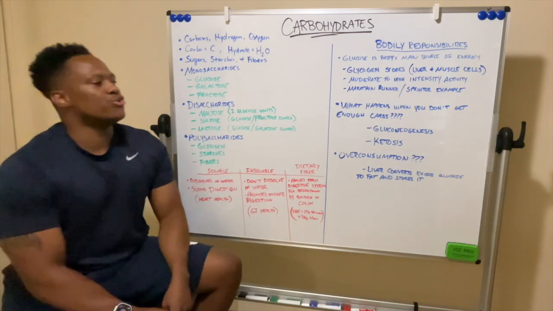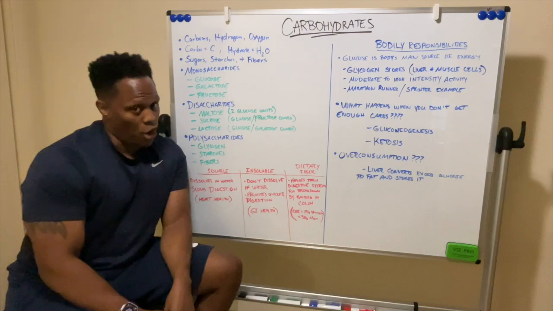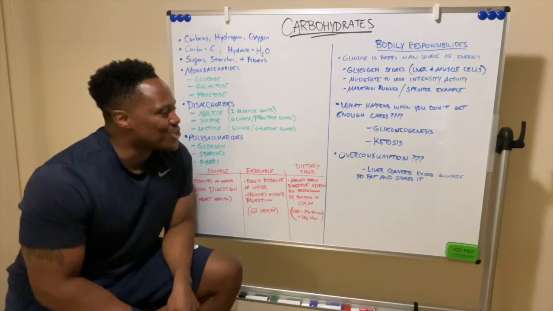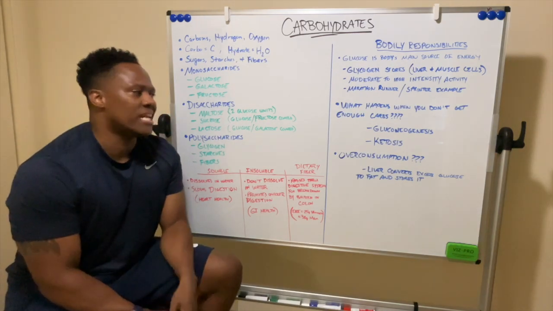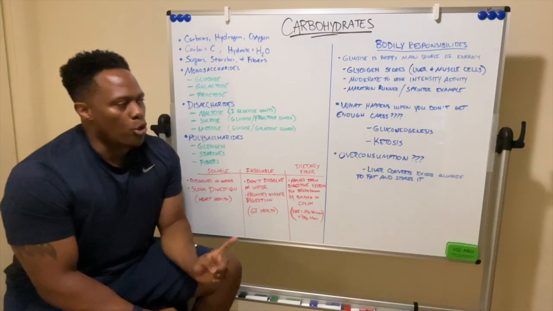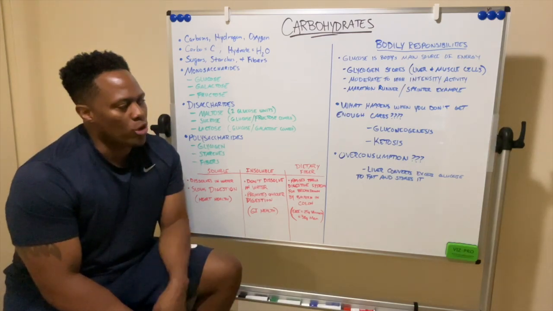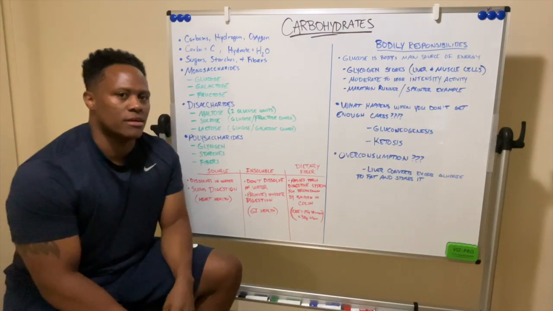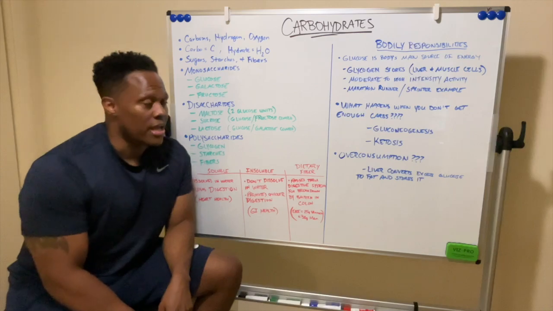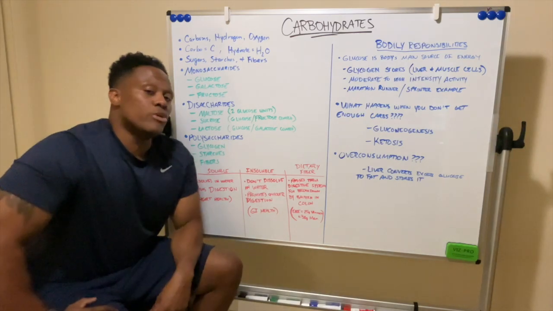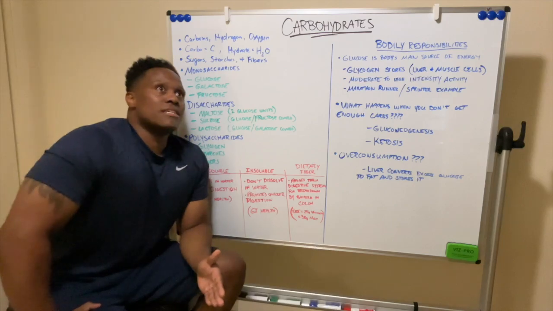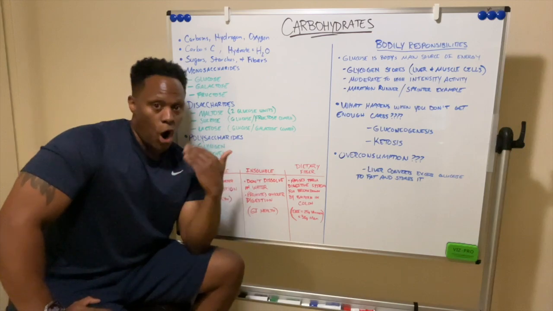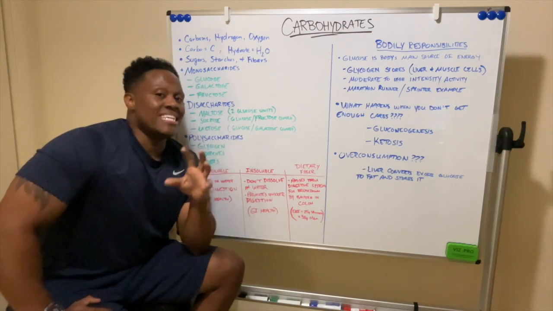Now we're gonna get into what happens when you don't get enough carbs. Well, as you can imagine, that's absolutely a problem. So two things can happen out of you not getting enough carbs. You have a process called gluconeogenesis and then a process called ketosis. Or ketosis is not so much a process, but it's more like a state that your body will enter if you don't get enough carbs in. So what gluconeogenesis is, it's basically your body, because it doesn't have the glucose that it needs because you're not intaking enough carbs, then what happens is your body needs energy from somewhere.